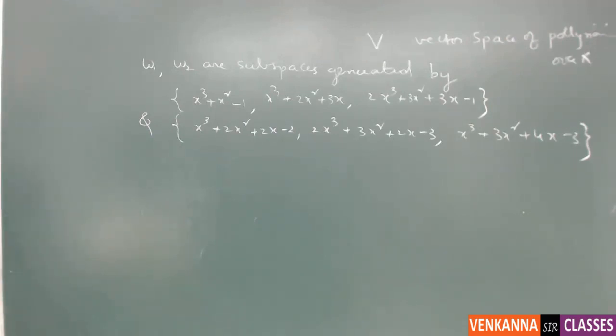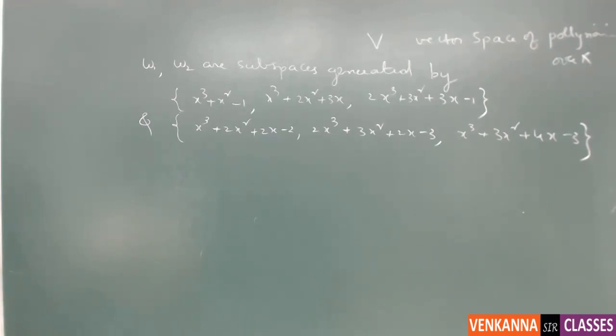So I took V, the vector space of polynomials over R. What is meant by over R? Whenever I write a polynomial, the coefficients in the polynomial are nothing but real numbers. And I considered two subspaces,